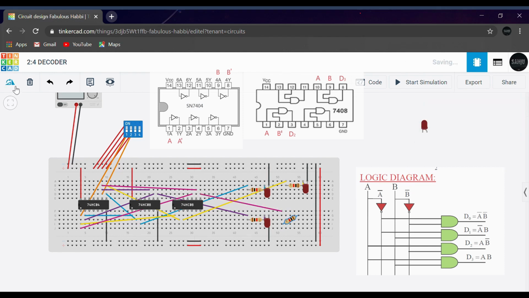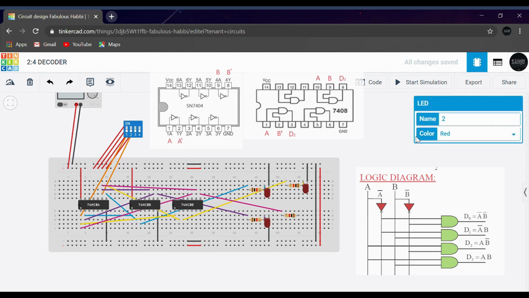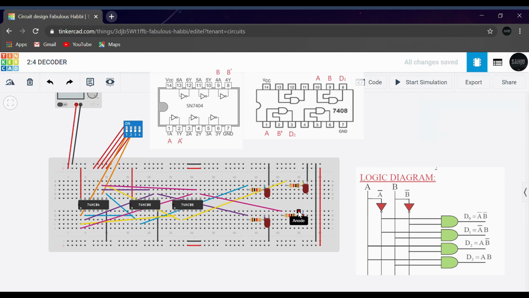I'll rotate the resistor. Now let us take this LED over here, rotate it, connect the anode towards the resistor, and the cathode can be grounded. Make sure to connect the 14th pin towards the positive supply and the 7th pin towards the ground.